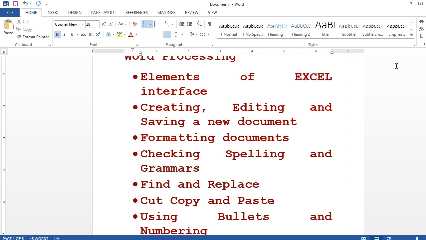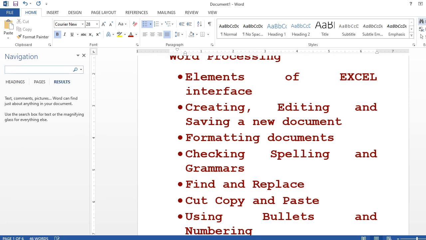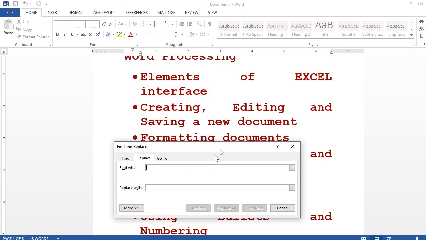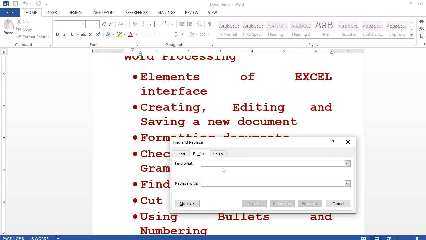Then what I am going to do, that's it. So here I am going to this find and replace section. So I am going to click this find. Okay, so here you have to write what is there in find only, but if you are going to click this replace, then it will ask everything, what to find, what to replace with. So I am going back here, find what, I am going to type here Excel, right? And replace with Word. I want to replace one time only the first match, or I have to replace all, or find next. So I'm going to write here replace, just check it out, it has got one Excel here, understand.